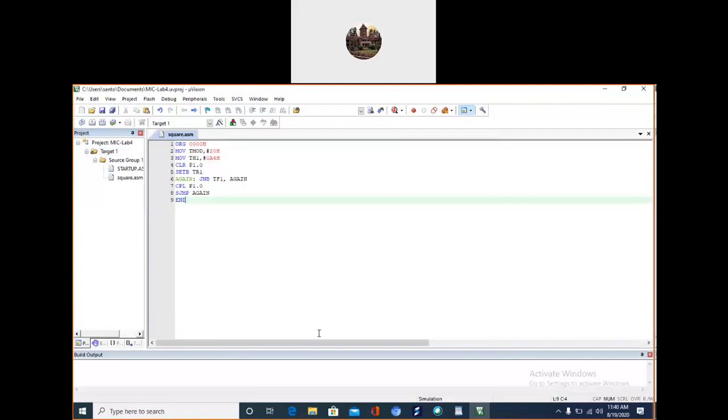Okay. Then I will translate the code. So 0 errors, 0 warnings, build it. It is assembling, linking, creating hex file, all is done, 0 errors. Very nice.